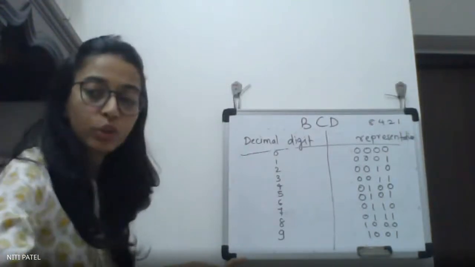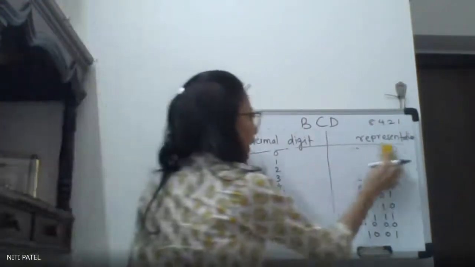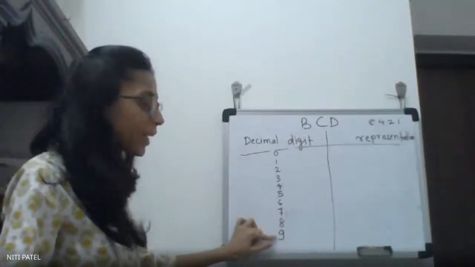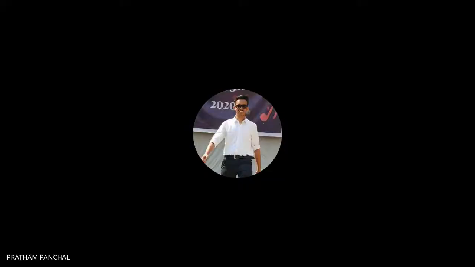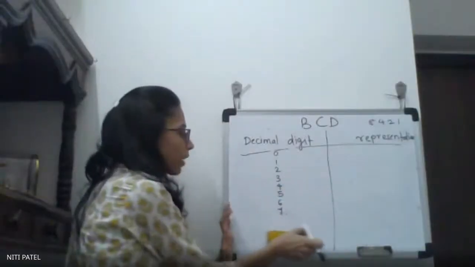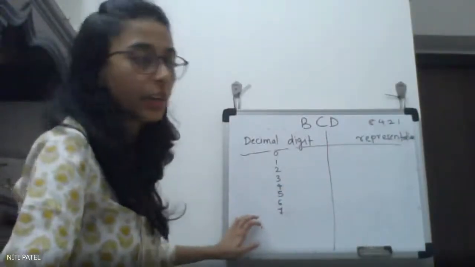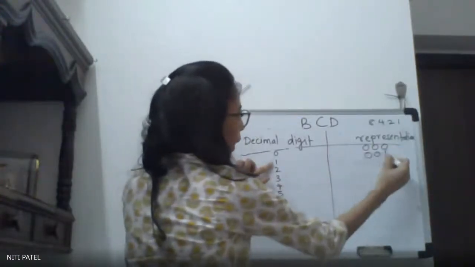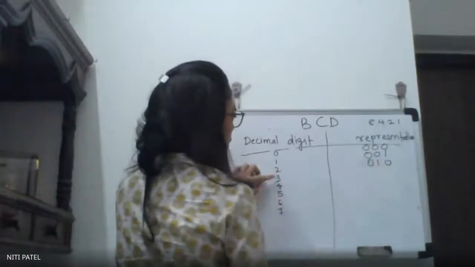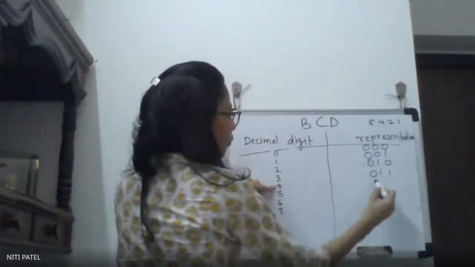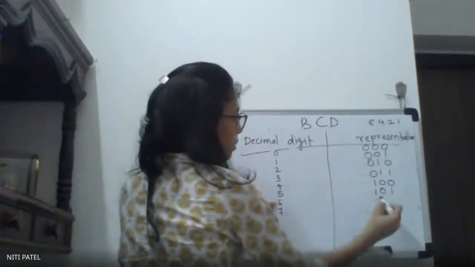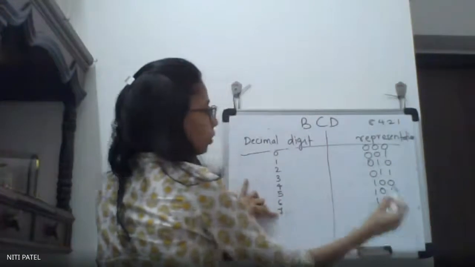Now if I tell you to calculate for 3 digits, can you give me the calculation? If it is 3 digits, do I have to erase 8 and 9? Yes. If it is 3 digits, I will get the numbers only from 0 to 7. So for 0 it is 0 0 0, for 1 it is 0 0 1, for 2 it is 0 1 0, for 3 it is 0 1 1, for 4 it is 1 0 0, 5 is 1 0 1, 6 is 1 1 0 and 7 is all 1.